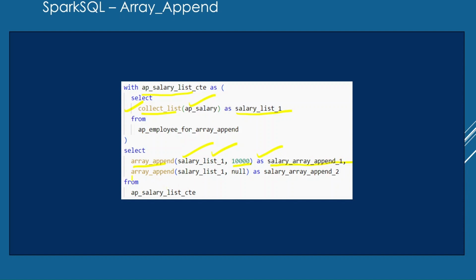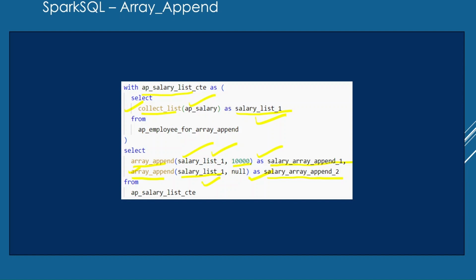Same thing, we are using this array append function. We are passing this array type column which we have created here, and we are passing the null value, meaning we want to add this null value to this array list. The null value will be appended at the last position of this array list, and again a new column will be created which has this appended array list. This is the name of the column where we can see the value, because we have provided the alias. Let's do this exercise